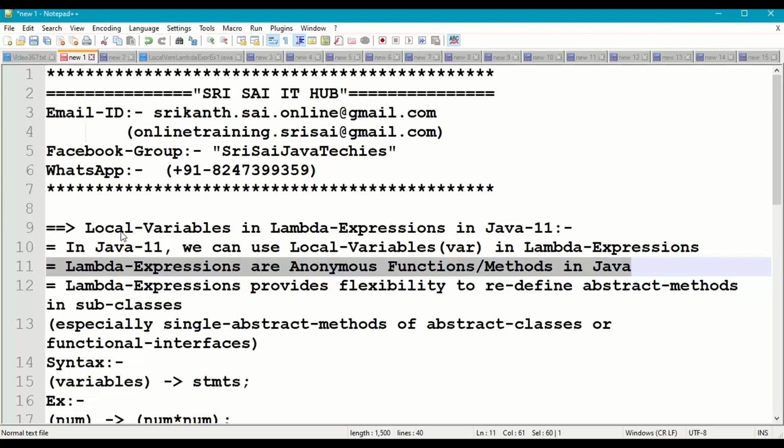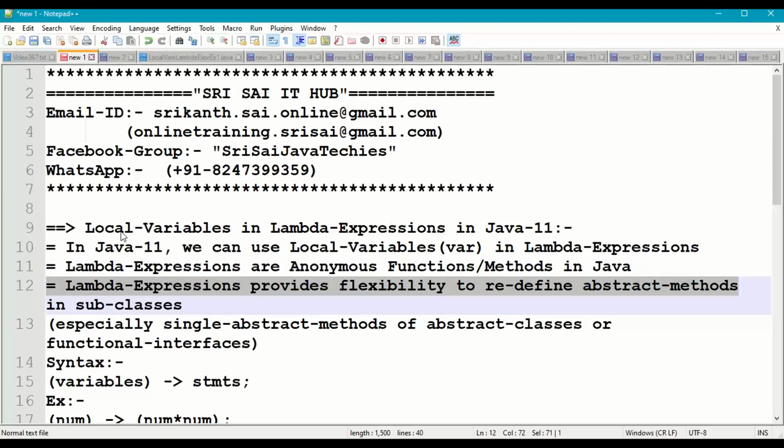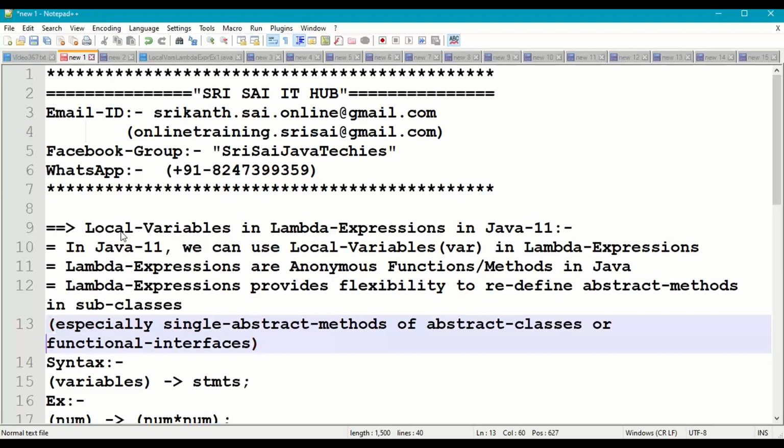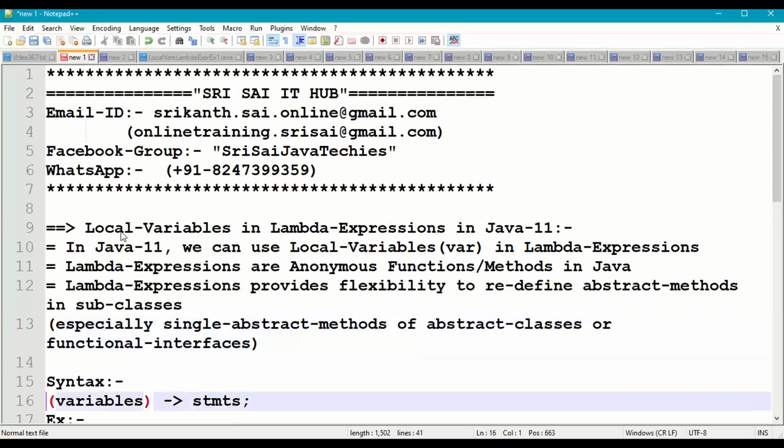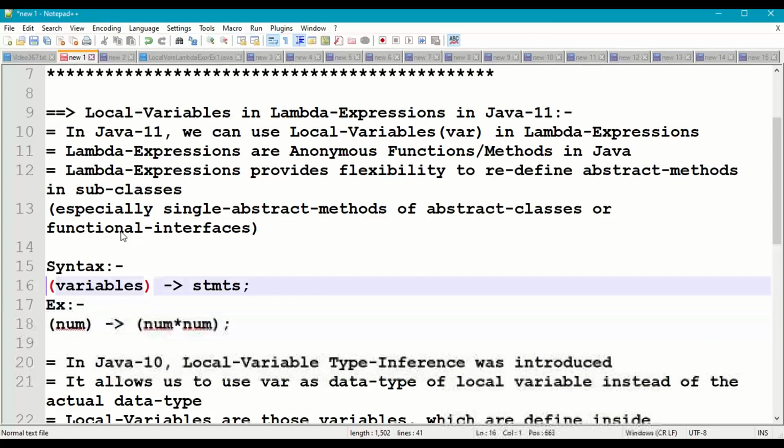What are Lambda expressions? Lambda expressions are anonymous functions or methods in Java. They provide the flexibility to redefine abstract methods in subclasses, especially single abstract methods of abstract classes or functional interfaces. The syntax for a Lambda expression goes like this: input parameter variable, followed by the lambda arrow operator,